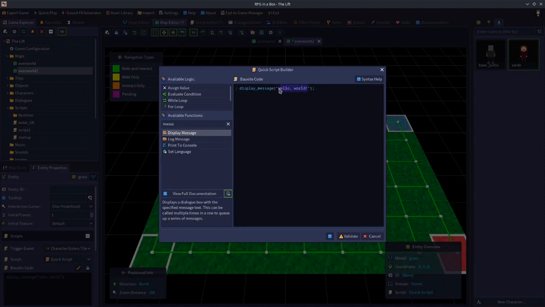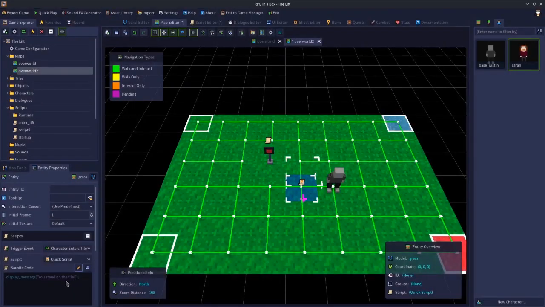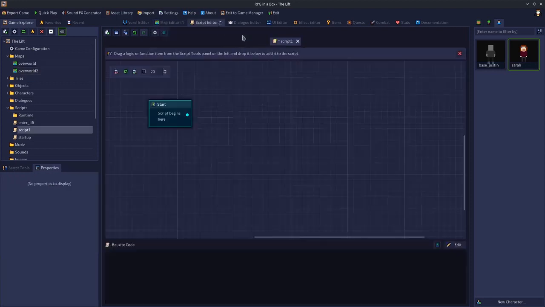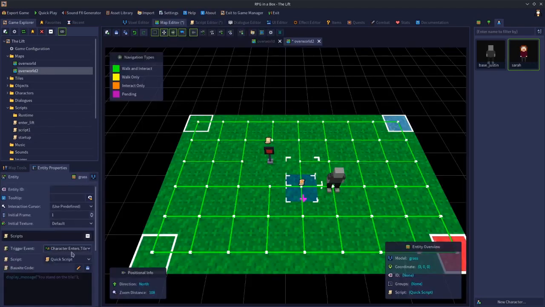So now we can edit this text and say you stand on the tile. And we can validate that, make sure it's valid code. So click validate and it will say it's valid. Click OK, and now that's done. And if we want to, we can click the save button and it will convert it from being a quick script to an actual script file, i.e. one of these ones here. If you don't save it, then you will lose it